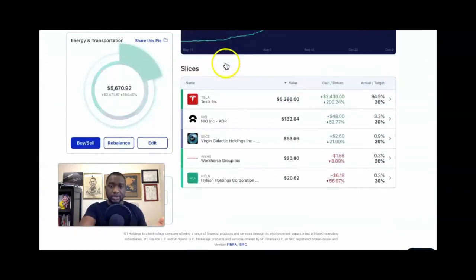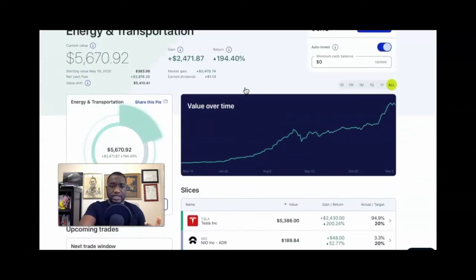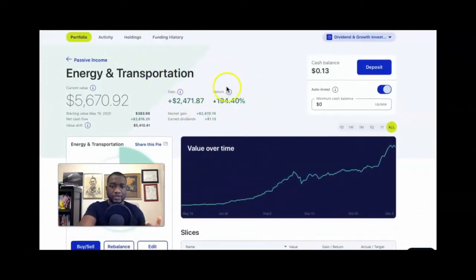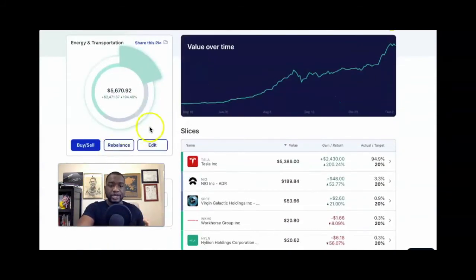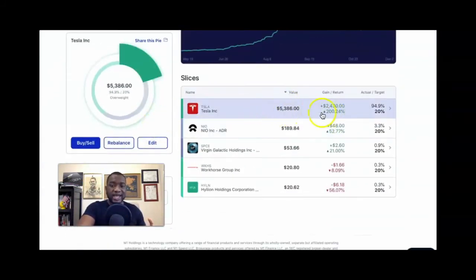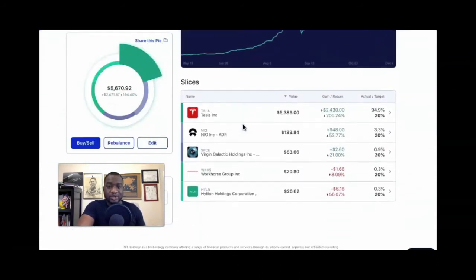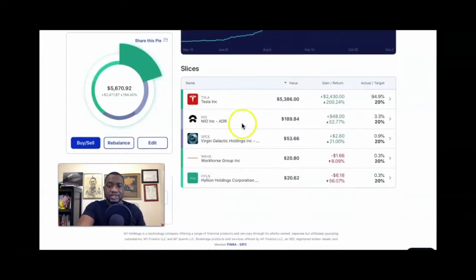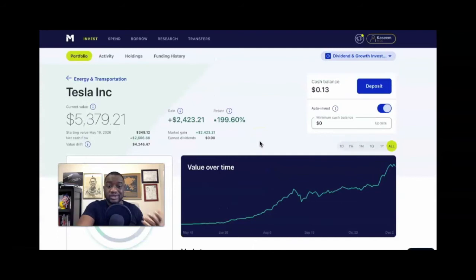Now if I go more into it and we pull it up here, this is the total of this portfolio. As you can see, I put way too much money in it, right? The total is like $5,000. Now if I hit that rebalance button, it will sell mainly out of my Tesla stock, and I personally don't want to sell my Tesla stock. I want to hold on to it for as long as possible. And at the same time, it's probably not a good idea to sell my Tesla stock. So that's why I'm not interested in doing rebalancing.